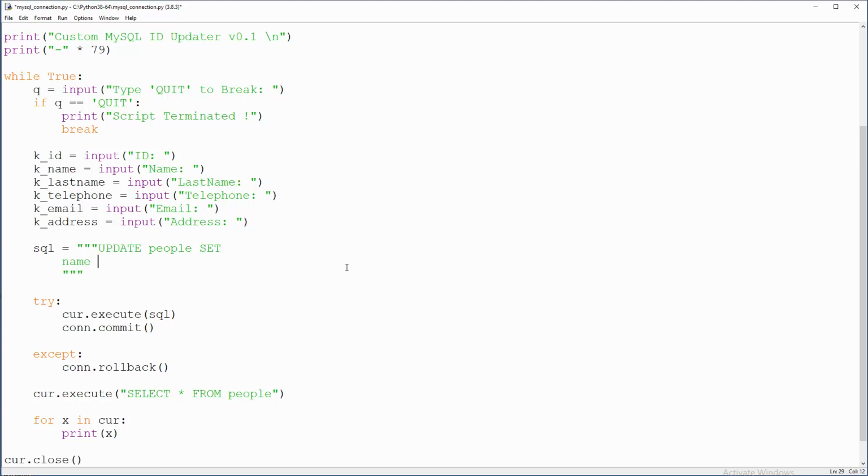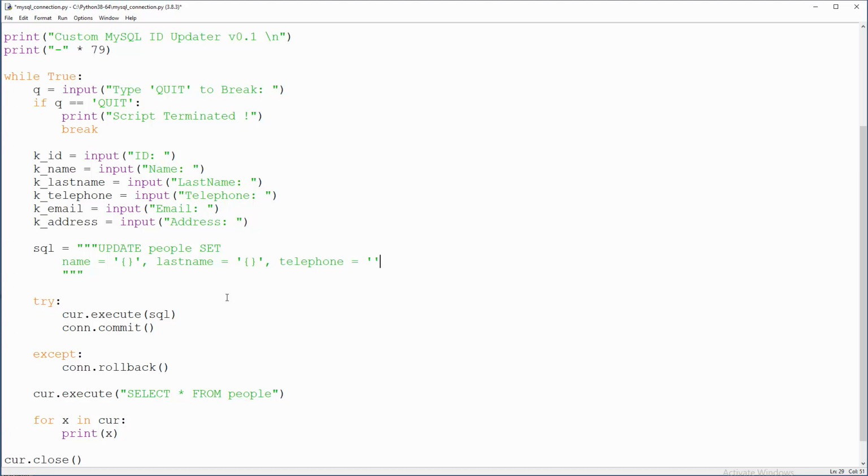First we will grab name, so this name must go into a placeholder that we will grab from here with formatting. Again, we need to do the same stuff for last name, and again a placeholder and telephone,